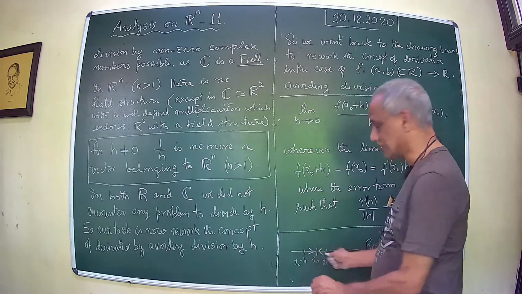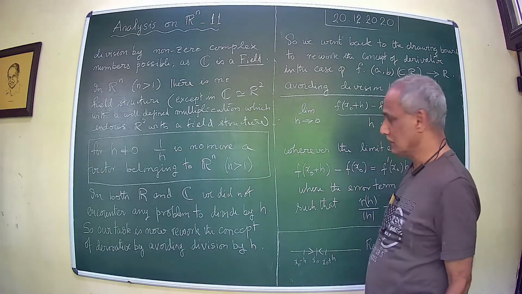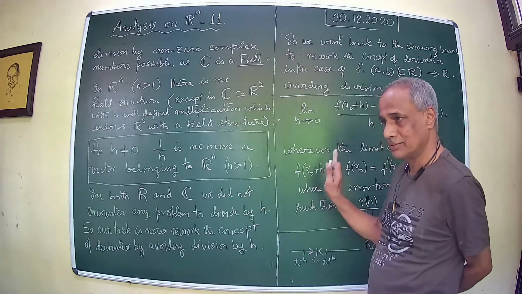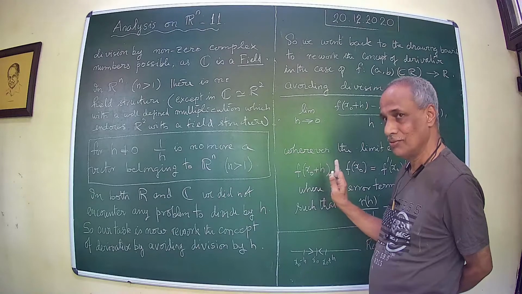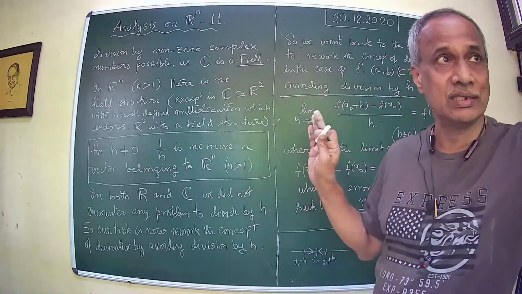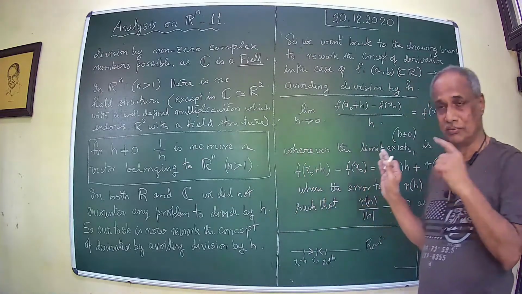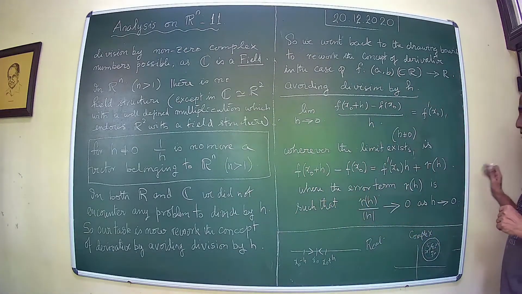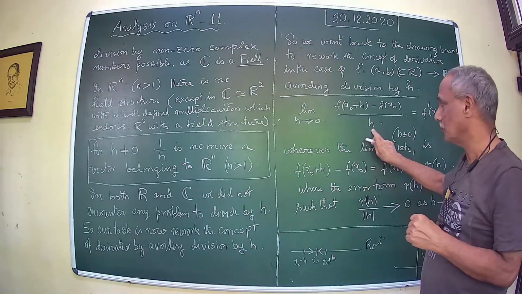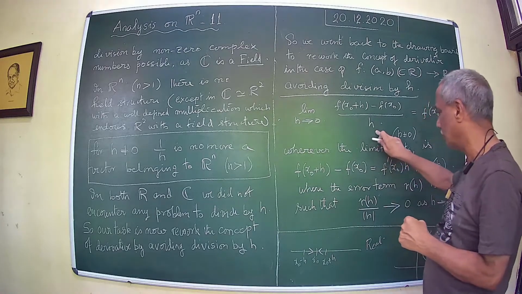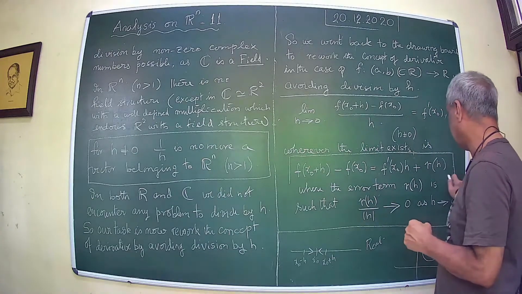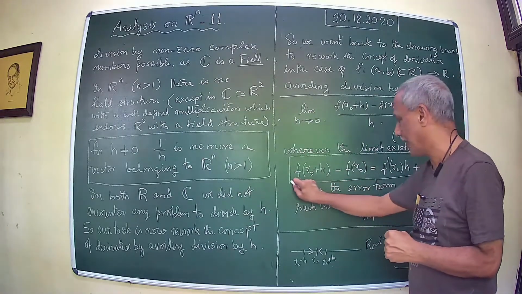It is less stringent in the real case, but in the case of Rn, now you see that you cannot do much. If you work with the conventional concept of derivative, it doesn't work because that ratio doesn't make any sense. This is the problem. So this ratio does not make any sense when h is a vector. Therefore we rework the whole thing and we rework it in this form. And this is the way in which